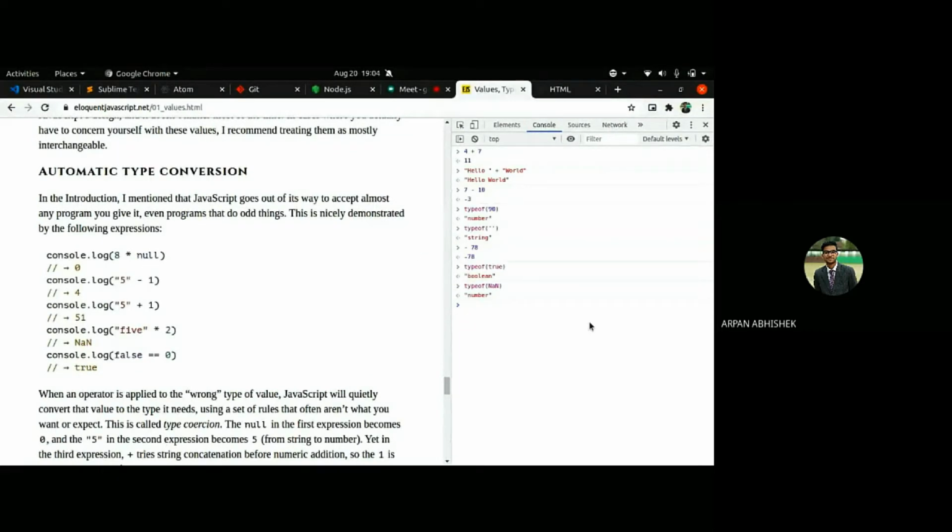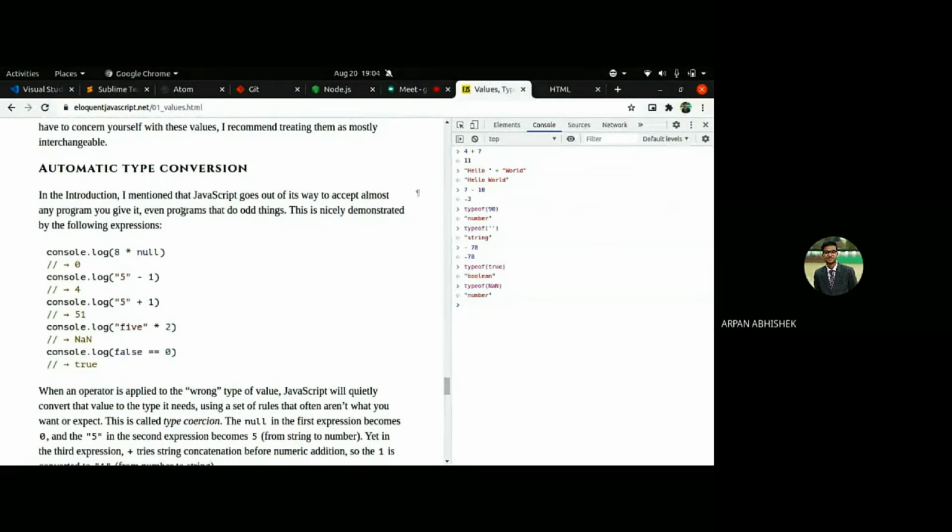So yeah, one thing, that type conversion. JavaScript is a weakly typed language, so it converts implicitly, very like C. Okay, Python, you might know that Python is a strongly typed language, so it won't convert your data types implicitly.